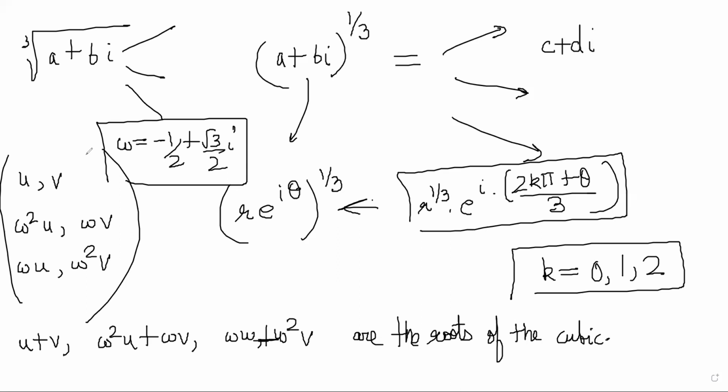Always think about the steps that were involved in the solution. The first step was basically reducing it into the form that was needed. The form that was needed was that the quadratic term should vanish. Once you got that, you got the equation as t cube plus pt plus q. Then, using the identity (u plus v) whole cube is equal to u cube plus v cube plus 3uv into (u plus v), you are saying that u plus v is a root of this equation if p is equal to minus 3uv and q is equal to minus (u cube plus v cube). So you are supposed to find u cube and v cube from the values of p and q. And if you can do that by solving a quadratic equation, then you will be able to solve the equation.